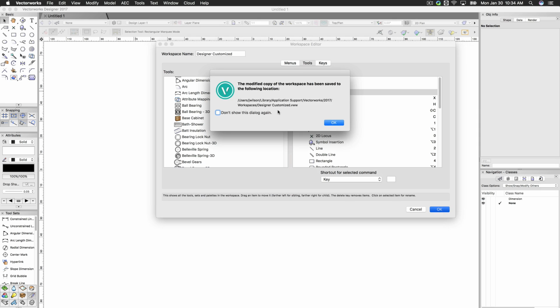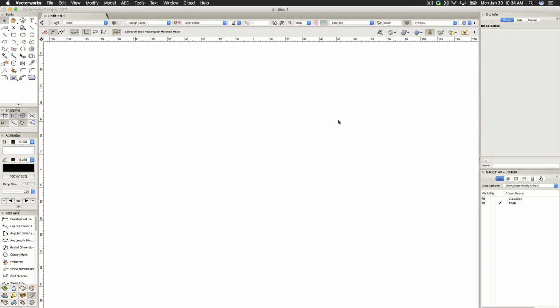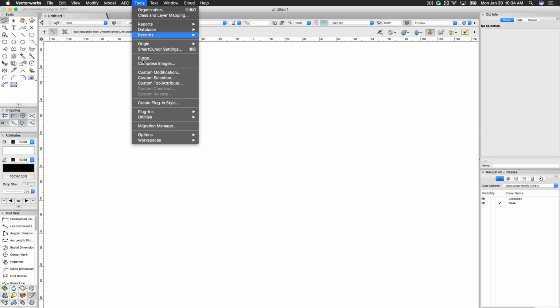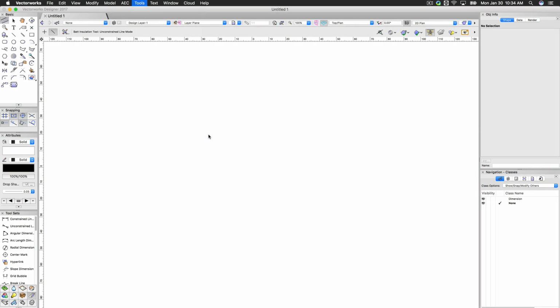We've already seen this and we understand that that's where it's going. This is the user folder. We don't need to see that again, so we'll click Don't Show This Again. If you're doing a lot of workspace editing, you'll probably want to check that box. And now you'll see in the basic palette, at the top left, bat insulation will be the first tool. It doesn't have a shortcut, but we can do that again with the workspace editor. We'll go to Tools, Workspaces, edit the current workspace,